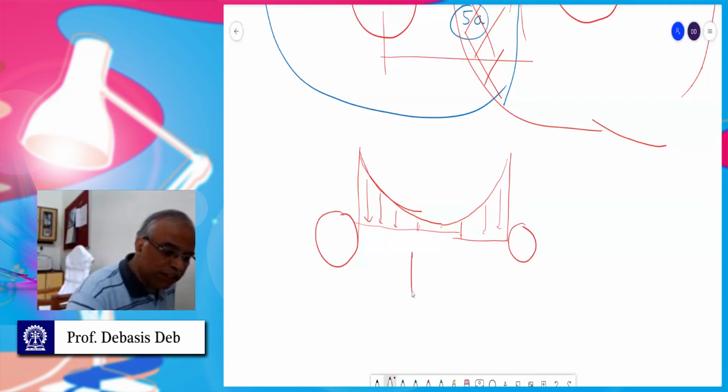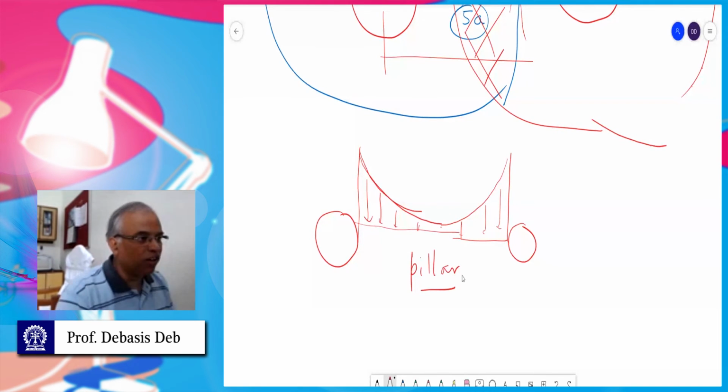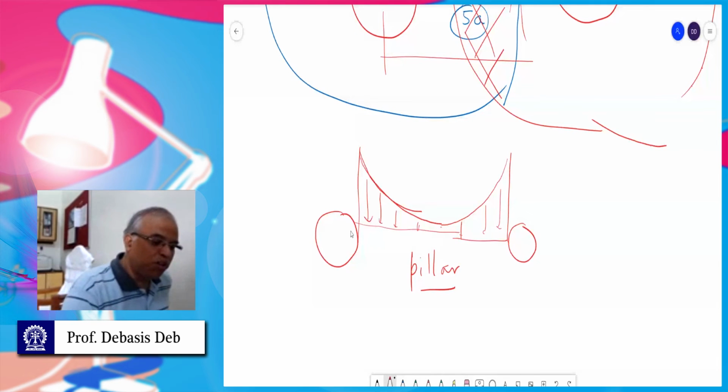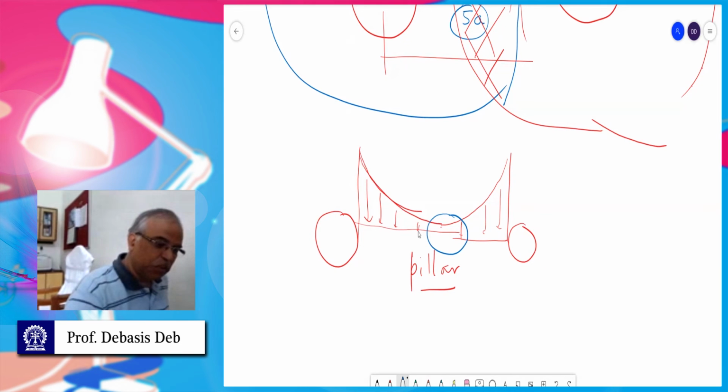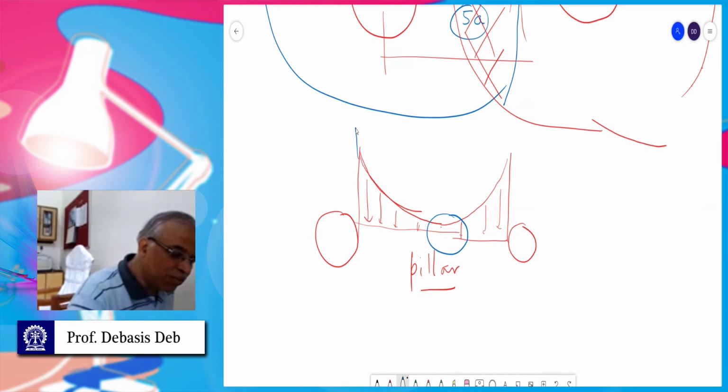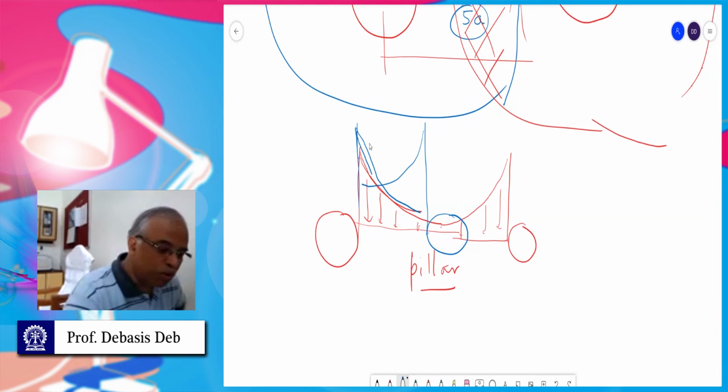This is basically what we call the pillar area. You will know more about the pillar later on. So between two excavations there is a pillar. Now you have made this one here, close to it. So what will happen? Not only this one, but this one will also be a little bit enhanced, because the influence of this one will come, and also the influence of this one will come. So both of them now will join hands and the stress will increase.